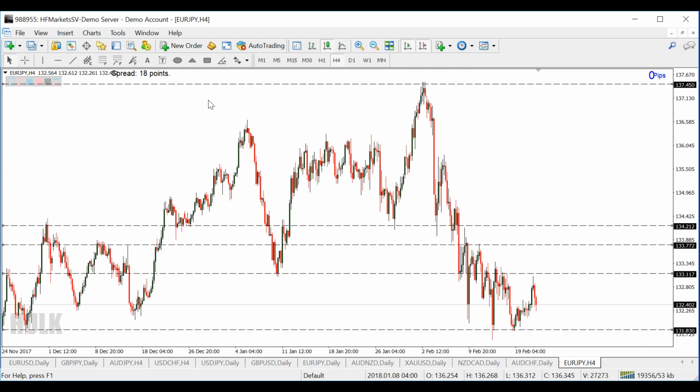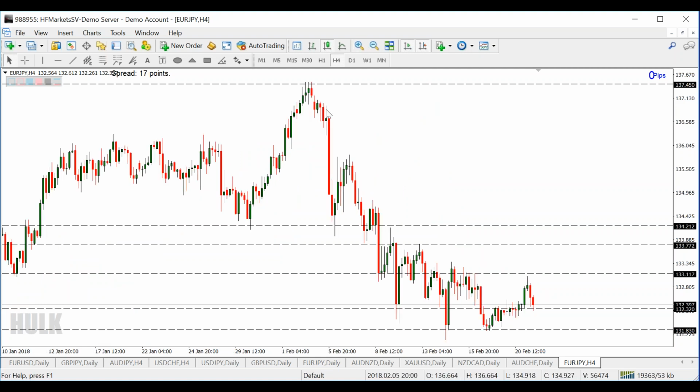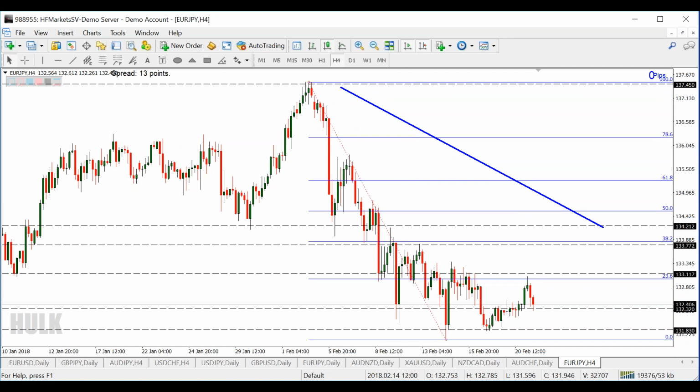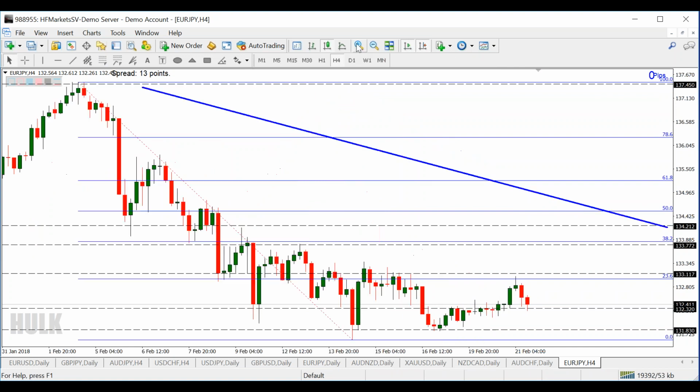Okay, I try to use the H4. Price action is workable at all time frames, but I suggest using a higher time frame because there are fewer false signals, so it is easier to trade. Now, the current trend is more of a downtrend. Am I right? So, Fibonacci we always draw left to right. Left top to bottom right, or left bottom to right top. Okay, you can see the same behavior here.